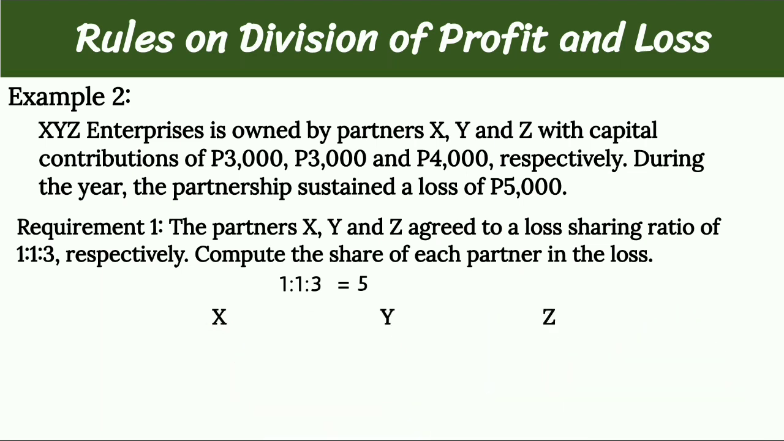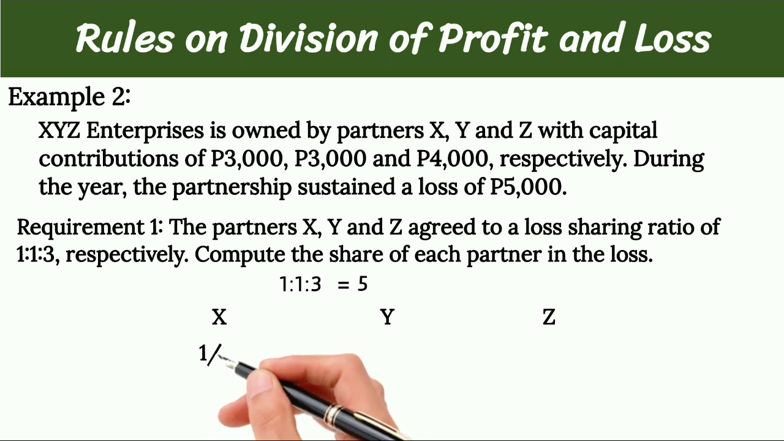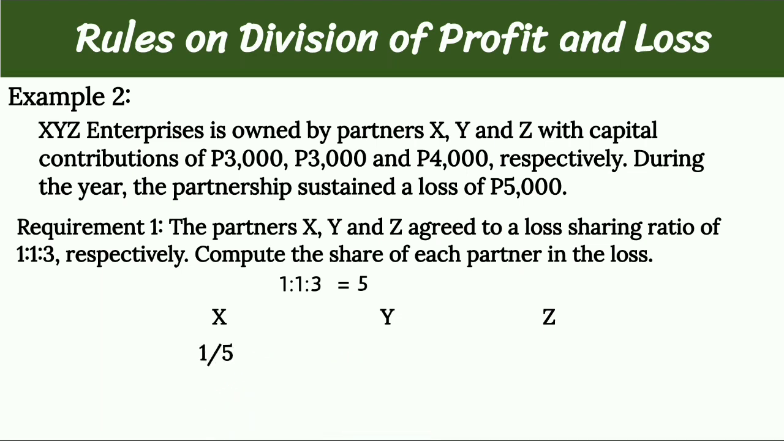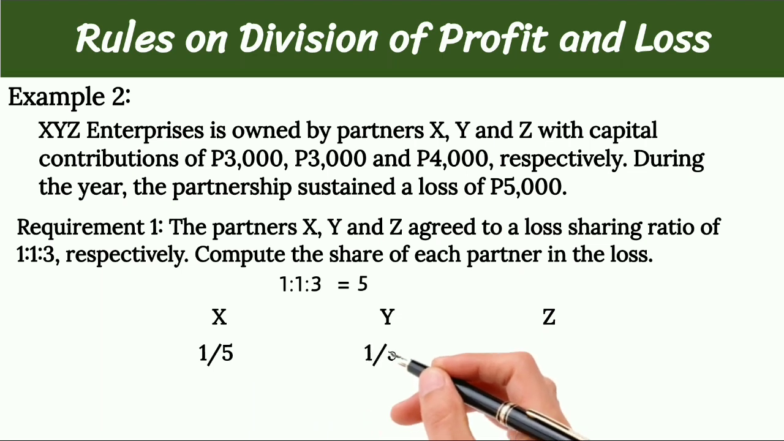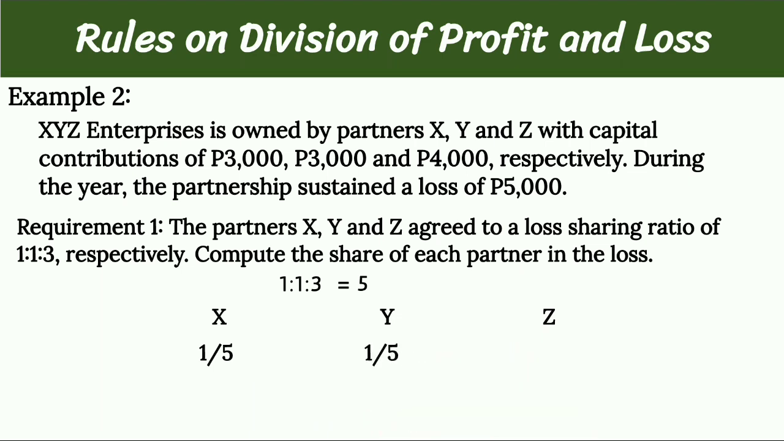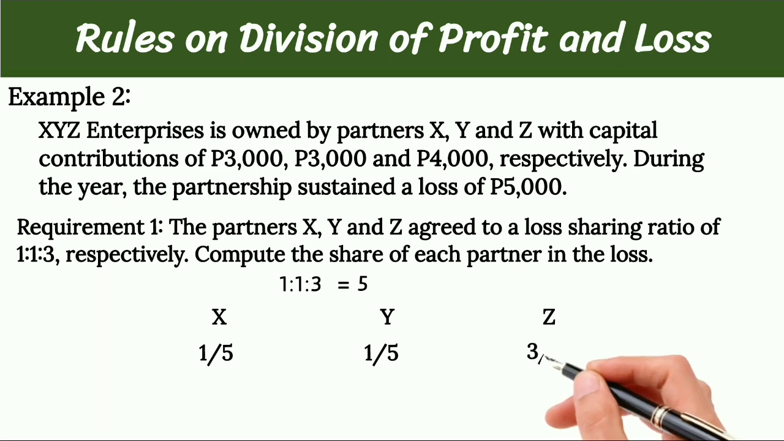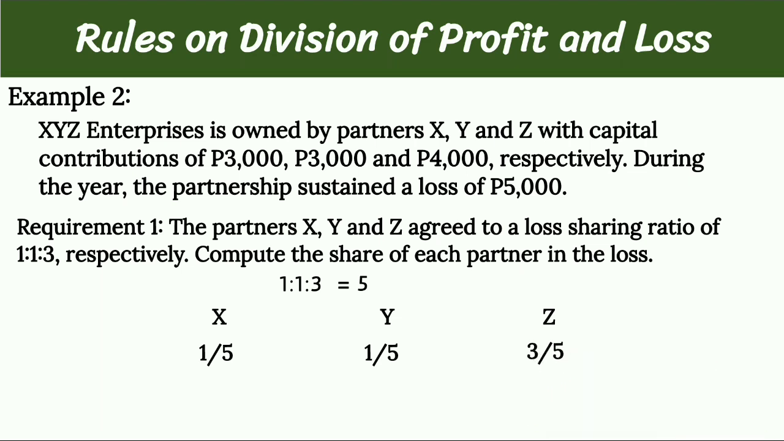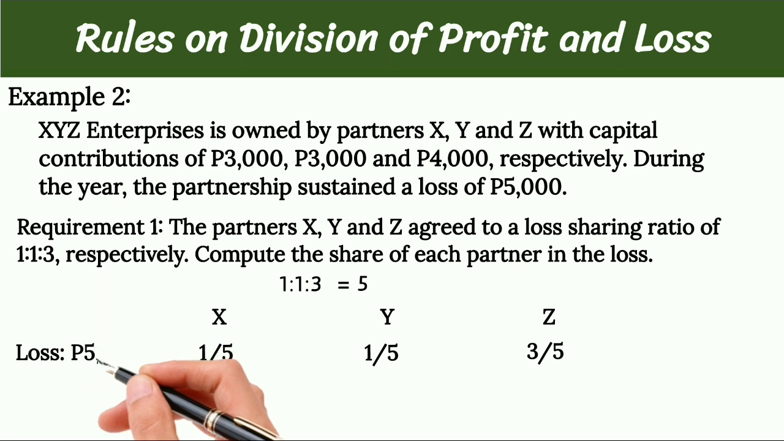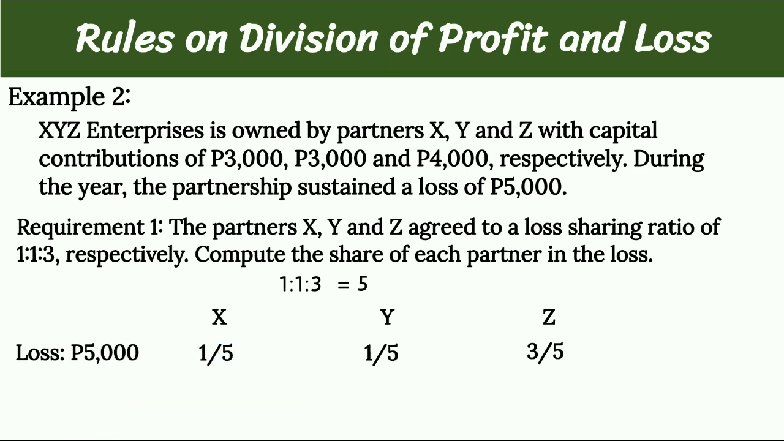So, ang share ni X sa 5,000 pesos ay 1 over 5. Ang share ni Y sa 5,000 pesos ay 1 over 5 at ang share ni Z sa 5,000 pesos ay 3 over 5. Since ang loss ay 5,000 pesos, dyan natin imumultiply yung fractions to get the share of each